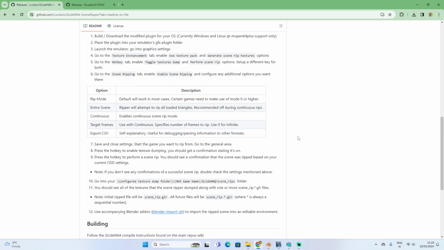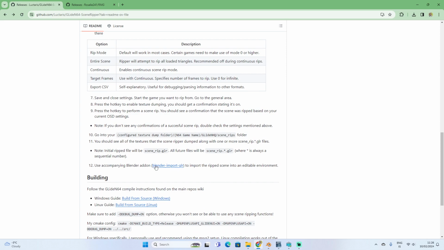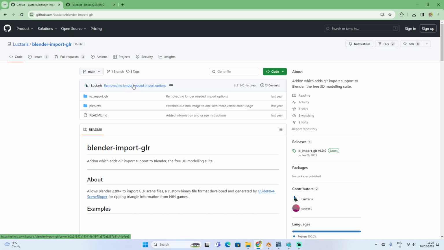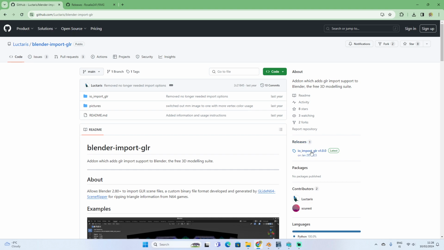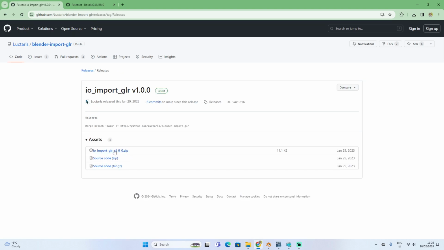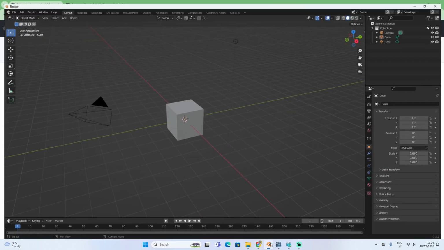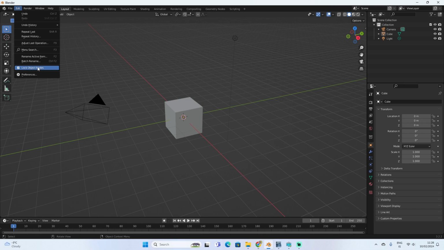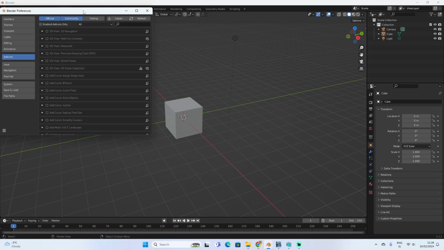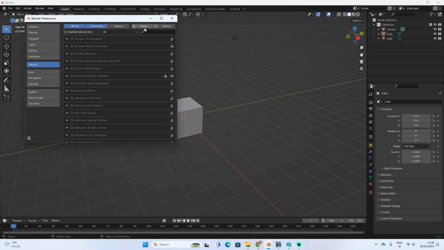So yeah, next thing you want to do is open Blender or get Blender if you don't have it. And you're going to have to add an add-on to Blender, which you can find here. I'll also put a link to this. And you can go here to releases, click that, and download this zip. Inside Blender, in preferences, you can go here into add-ons and install,